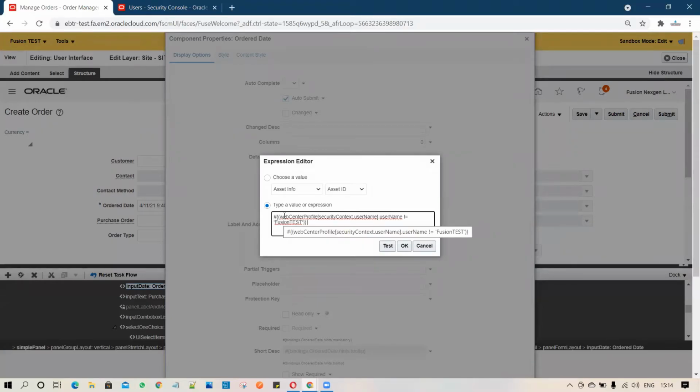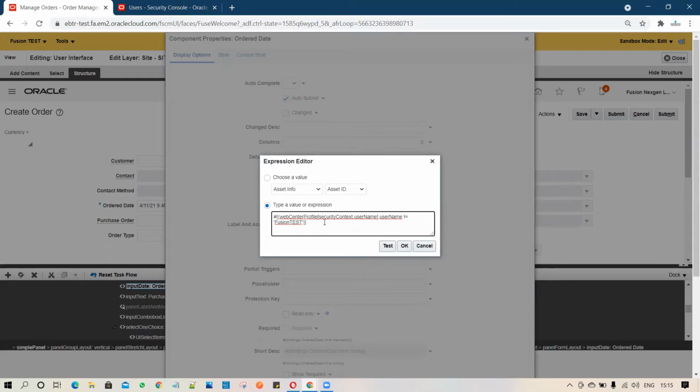After that, parenthesis, and you have to type WebCenter profile, open square bracket, securityContext.userName, and then you have to type exclamation mark and equal to, and after that you have to type your username. Once you type it, you have to close the brackets and close the curly bracket.